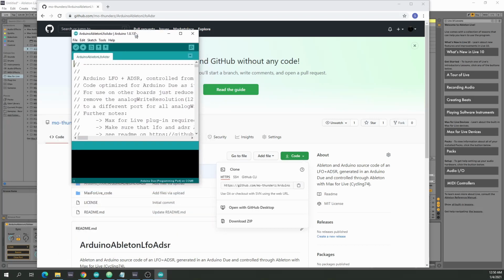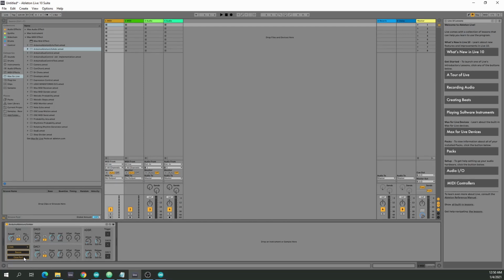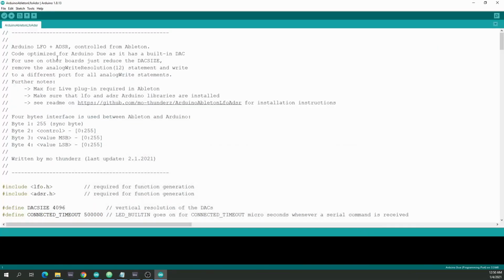So the first thing we do is open up the Arduino Ableton LFO+ADSR. Of course, now I need to disconnect my serial connection from this plugin. Otherwise, it won't be able to connect. This INO file is right now optimized for the Arduino Due. The reason I did that is that it's easy. It has a built-in DAC, so I can just set the analog write resolution to 12 and then write directly